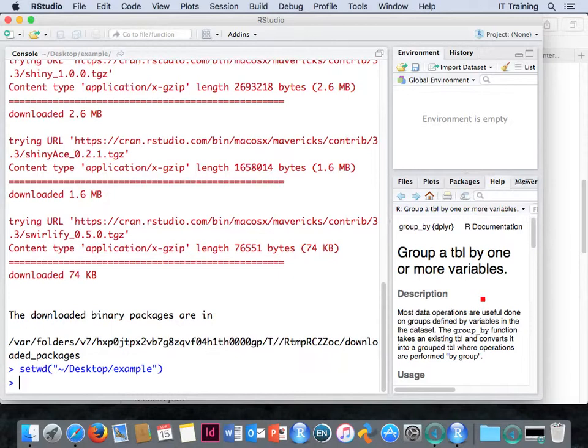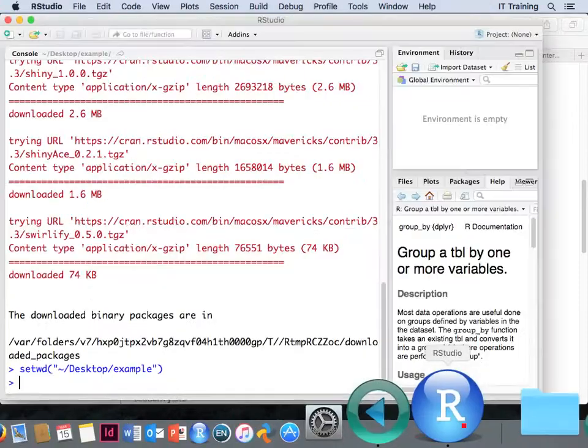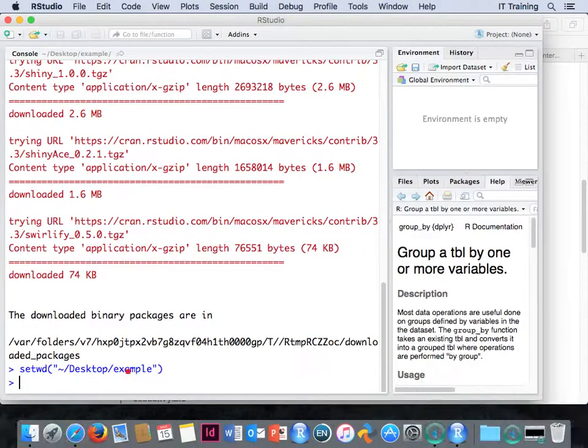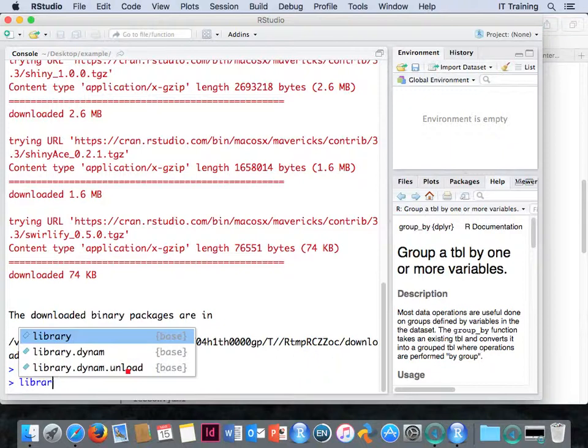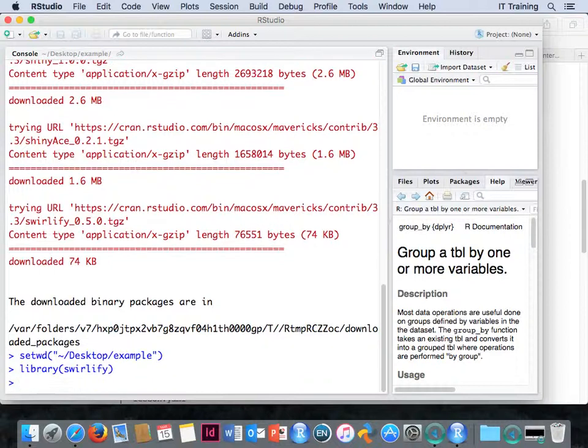Okay, so I've got a working directory somewhere and I am set to it. And I can get underway with, if I've loaded Swirlify, just saying, start it off. And call it